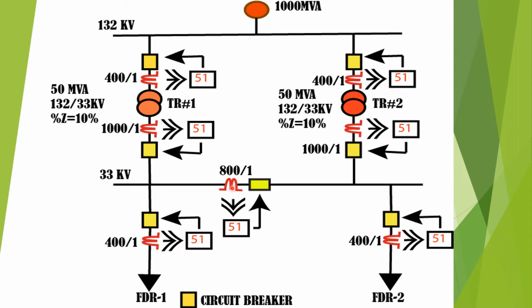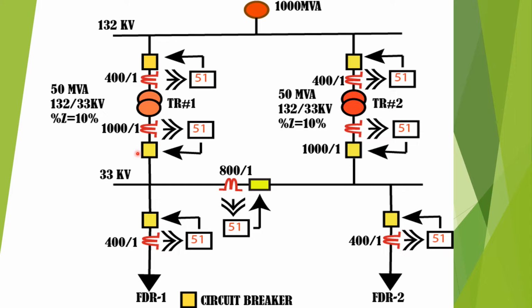In this lecture, I have discussed how the relay coordination is done for overcurrent relay for a substation. So let us take a simple example where a single line diagram has been shown for a 132/33 kV substation. So in the 132 kV bus, the source fault MVA for the source is 1000 MVA, and two numbers